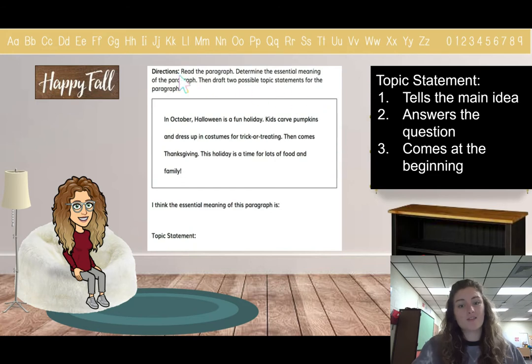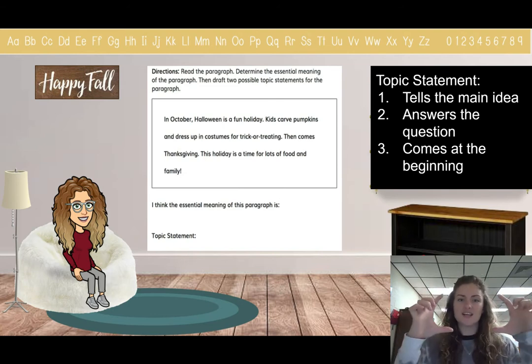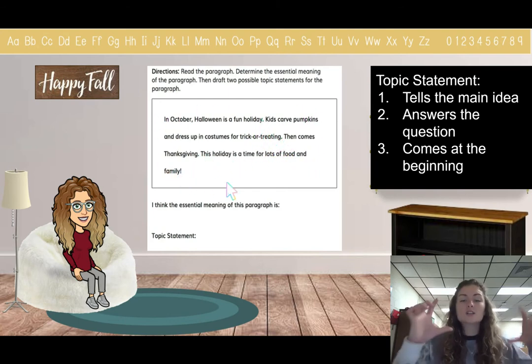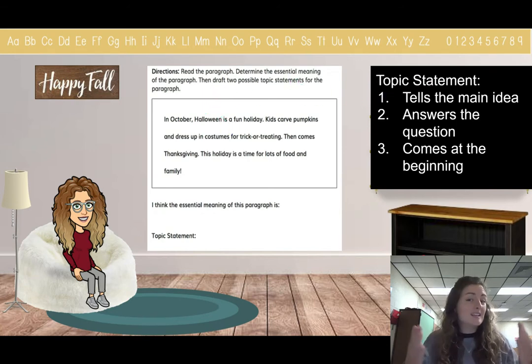Well, we have a chunk of a paragraph, and we are going to try to figure out what our topic statement can be for this juicy section of facts. So in the middle, we have our 1, 2, 3, 4 juicy facts that need a topic statement. We need a sentence to go at the beginning so we can figure out what we are writing about and what facts we need to come after that.